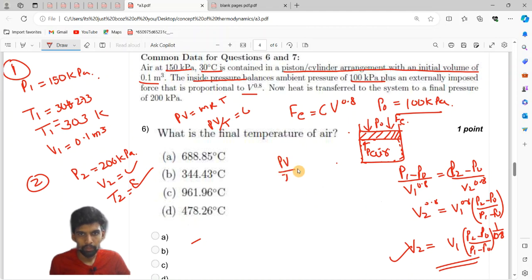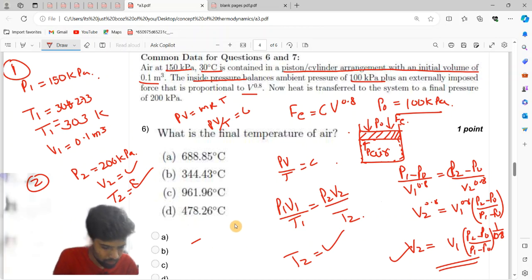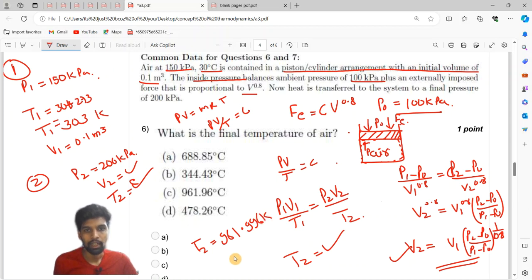So what we got is PV by T is equal to constant. That is P1 V1 by T1 is equal to P2 V2 by T2. From here we can get T2. T2 we will get in Kelvin, and as we check, it will come out as 961.996 Kelvin, and once we subtract 273 from it, we will get